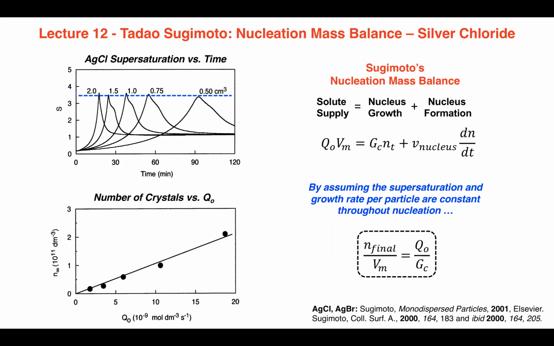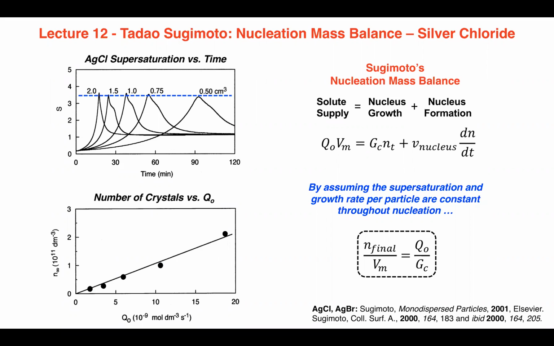Okay, so the thing that's changing, however, is the rate at which solutes are being generated by this breakdown of gelatin at the nucleation. So here it's fast and here it's slow. And what he said was, all right, let's measure the slope here at each of those points. We're going to call that Q naught. That's the rate of solute generation during nucleation. And then he compared that rate to the number of crystals. This is your N again. The number of crystals at the end of the reaction